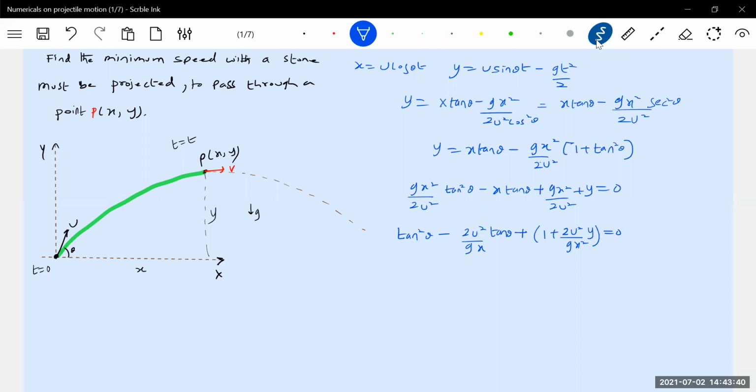Now, what shall I write here now? I'll end up with some quadratic equation. Then I want the condition to be true. So it has to pass through the point P. For it to pass through the point P, shall I take help of this mathematical quadratic equation? Anybody? What is the condition? Delta greater than or equal to 0. Yeah, b square minus 4ac greater than or equal to 0. It should be real, no? The discriminant in the quadratic equation must be real. Then only that condition is possible.